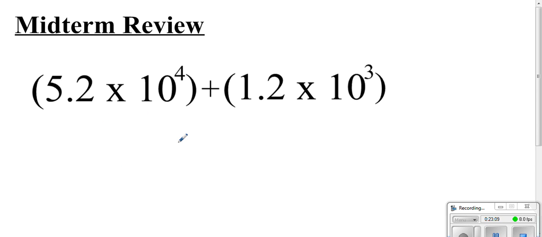Again, another addition. We had subtraction before, now we have addition of scientific notation. So you know that in addition, you have to have the same exponents, just as in subtraction. I'm going to make this one larger by adding 1. If I made this larger, I have to make this smaller. And that means I'm going to move this 1 over. So that means I have 5.2 times 10 to the 4th